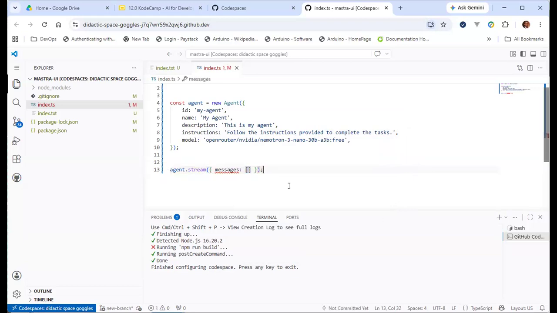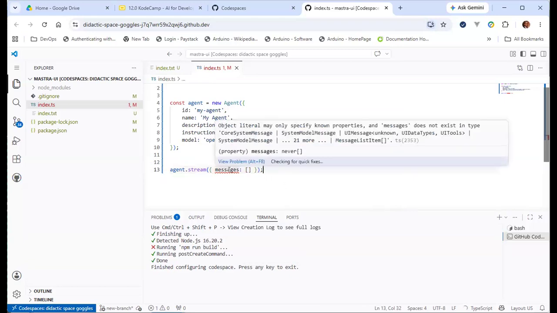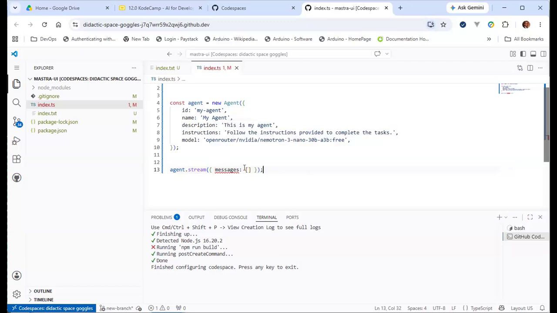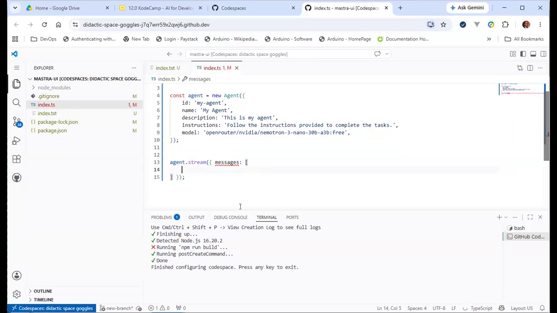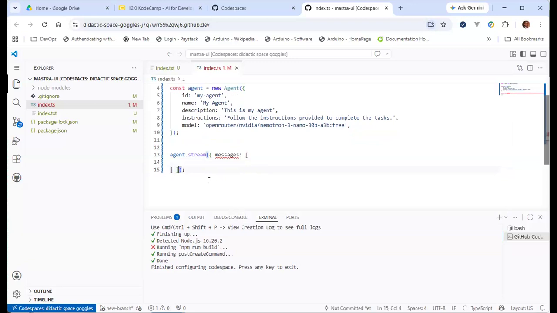So you have messages, but the messages is where you bring in what we already know.